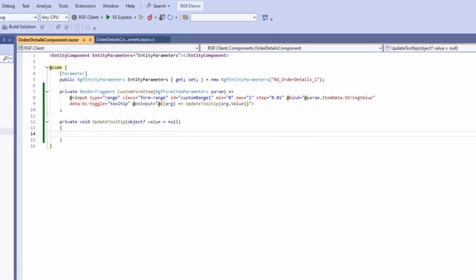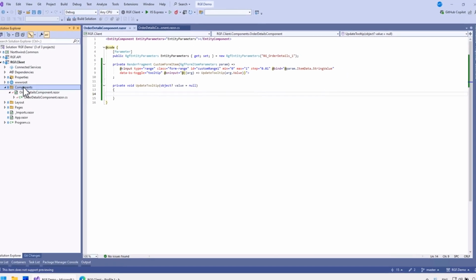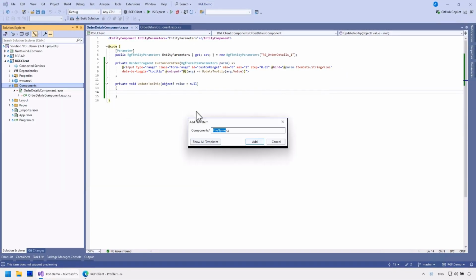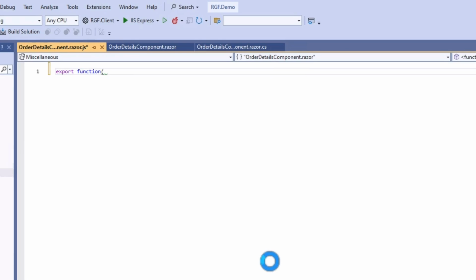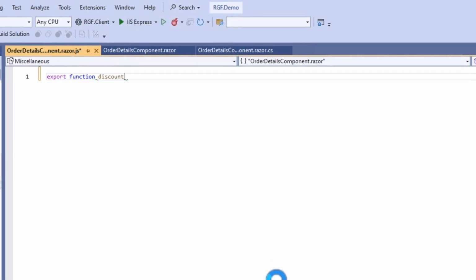I will need some JavaScript function for this. I will create a new file and write the function in it. The function name will be discount_tooltip, which will take two parameters: the element ID and the value.